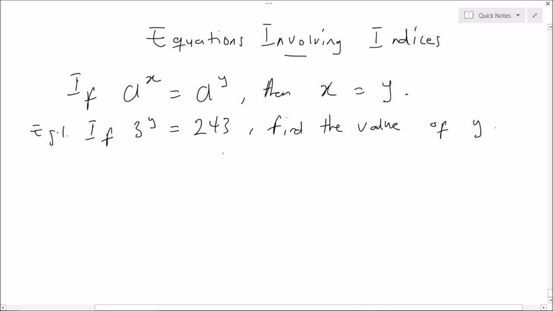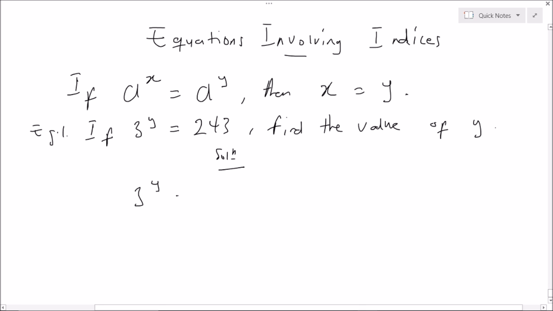Example 1. If 3^y is equal to 243, we have to find the value of y. So let's look at the solution. Now the idea is that you always make sure that the base for the left hand side and right hand side are the same, and then you equate the exponents and simplify further. So in this problem, the left hand side we have 3^y, and the right hand side we have 243. So we will write as